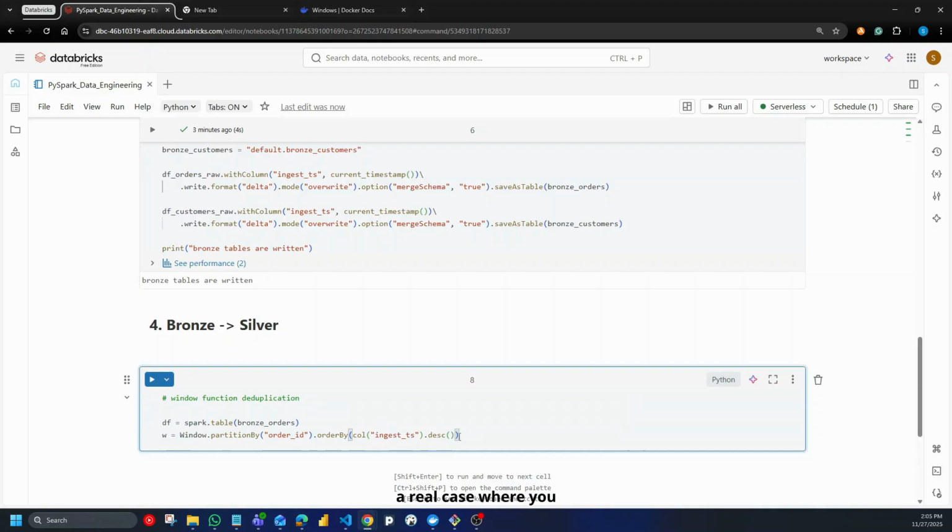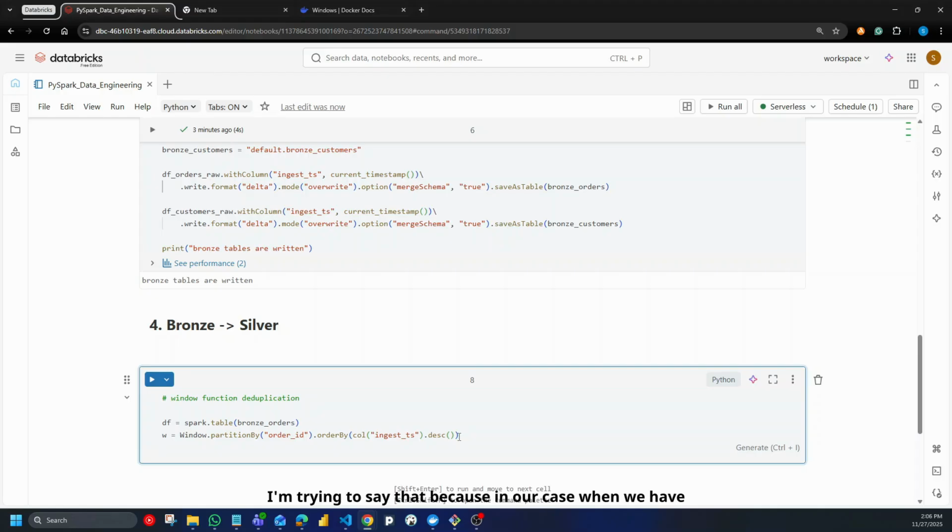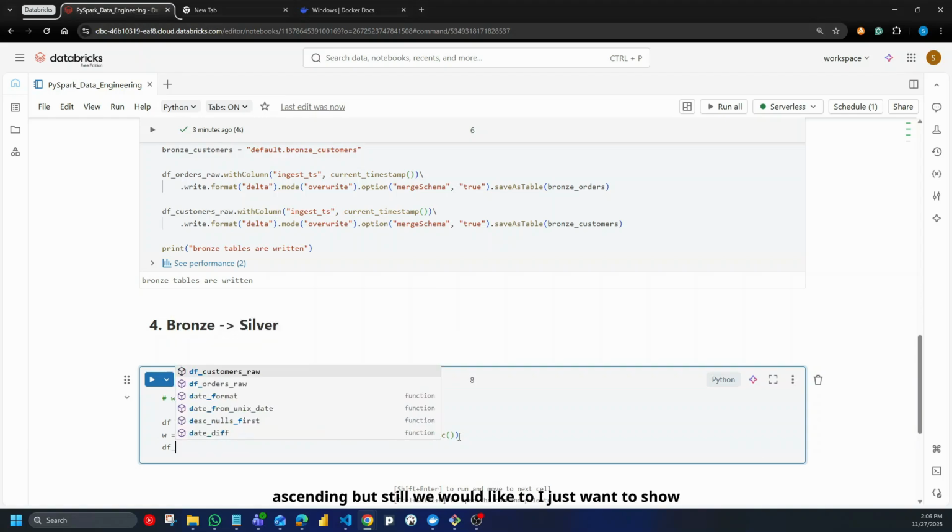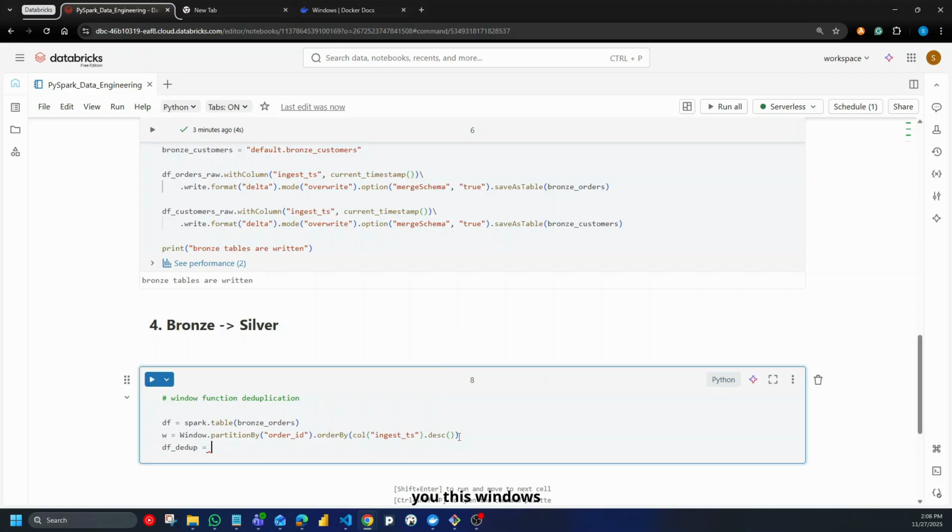But let's think about a real case where you have this ingest timestamp, or let's say updated at. There can be multiple different columns where you can have this timestamp added. So it can refer to when this order ID was created, and based on that you can deduplicate. This is something very similar to what I'm doing here. In our case, when we have ingest TS the same, it won't make much difference to have it ordered by descending or ascending. But still, I just want to show you this window function, which is very